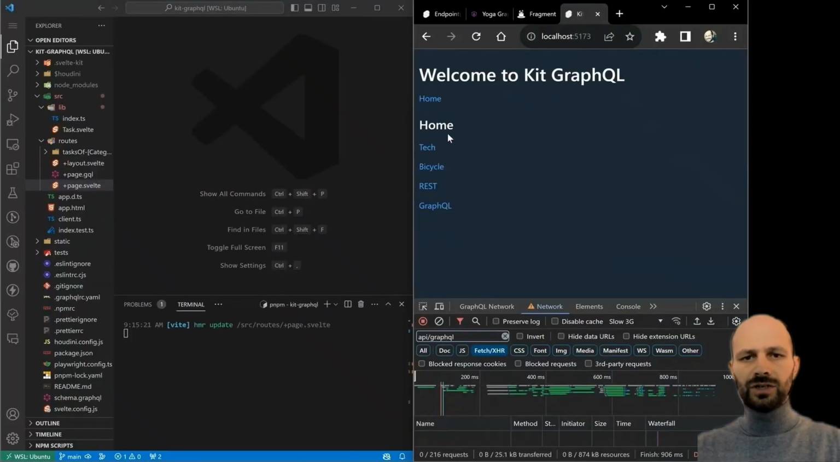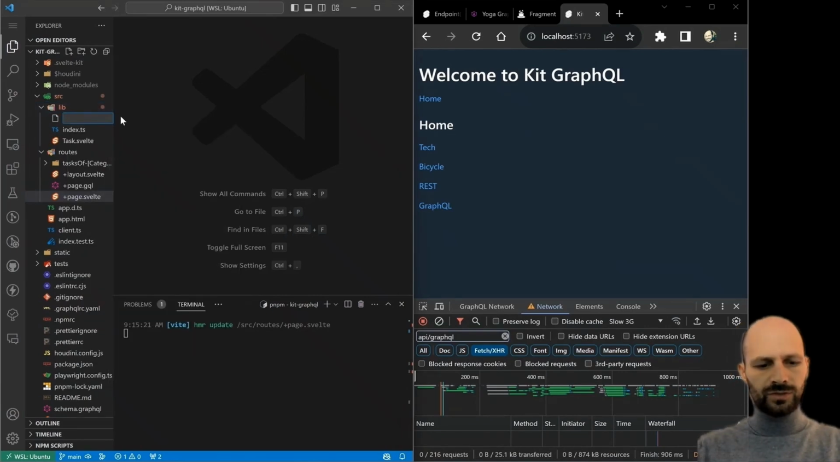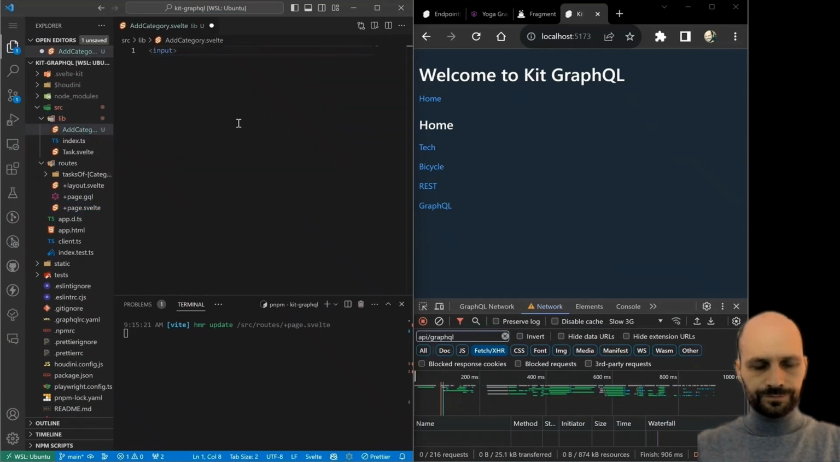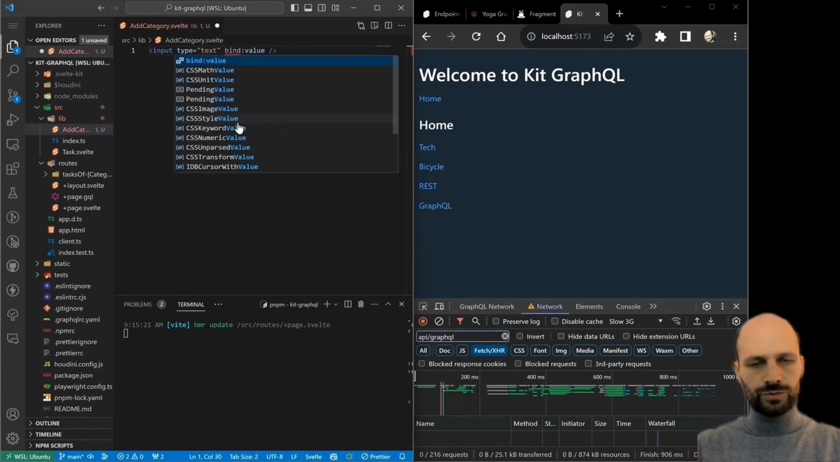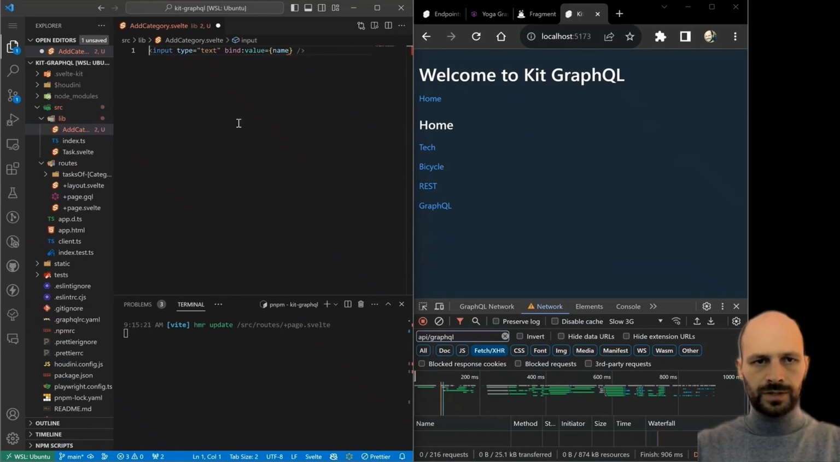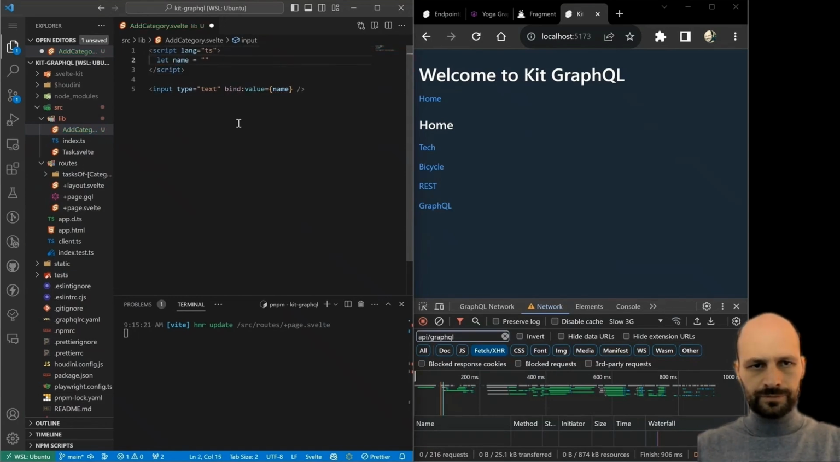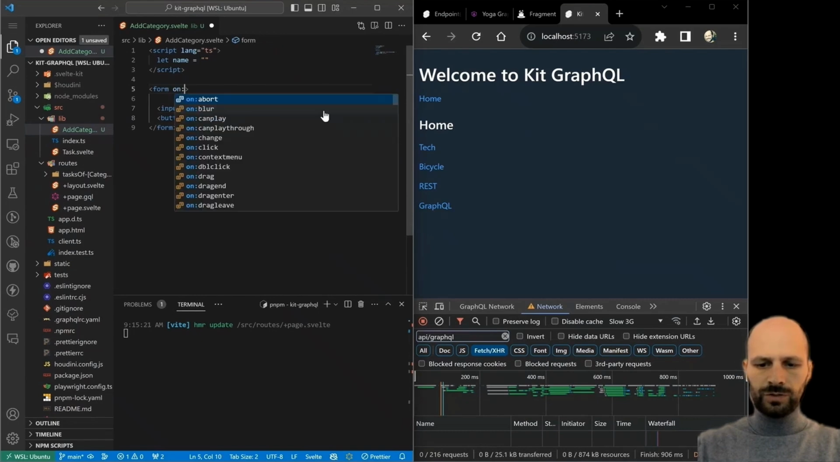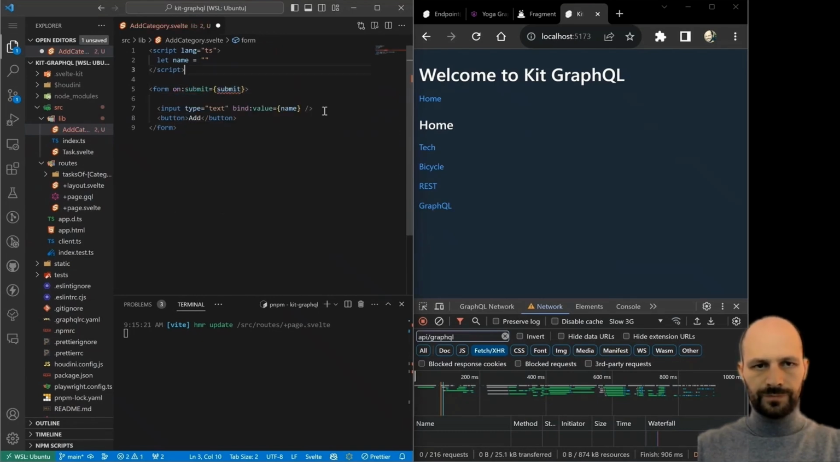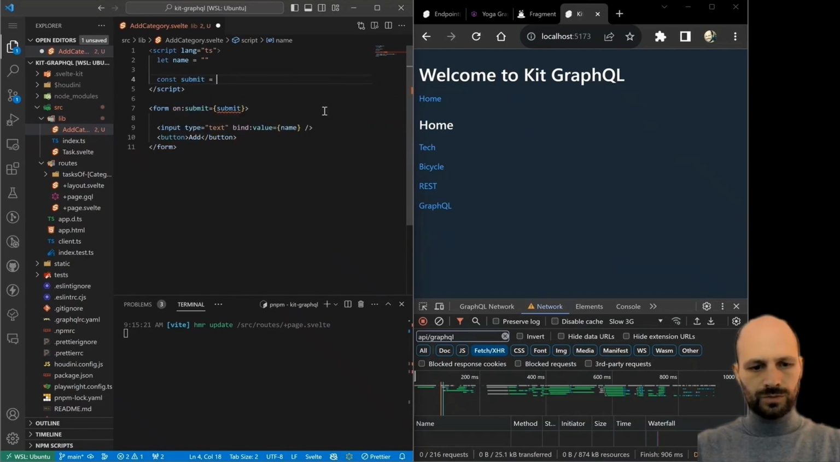And for this, we will create a new category. So for that, I will create a new component here. So add category, for example, .result. And in this add category, I will have an input of type text. I will bind this value to name, okay, and then script. Yes, I will have let name is nothing, okay, and I will have my form. In my form, I have a button, add, yes, and when I do on submit, submit, equal